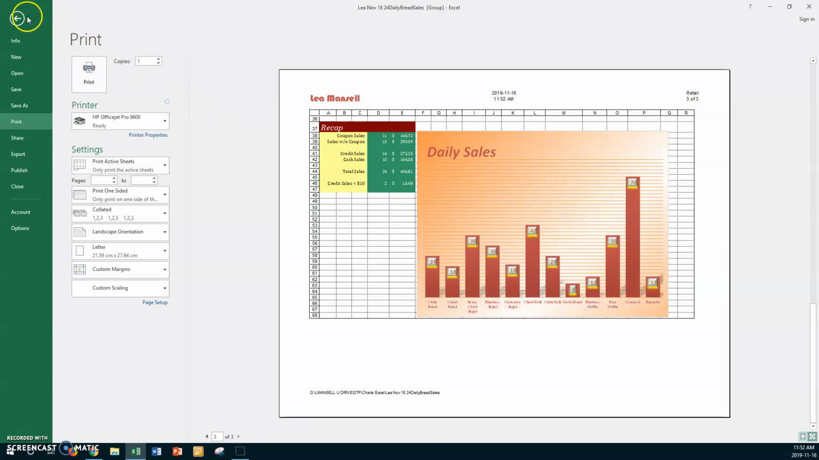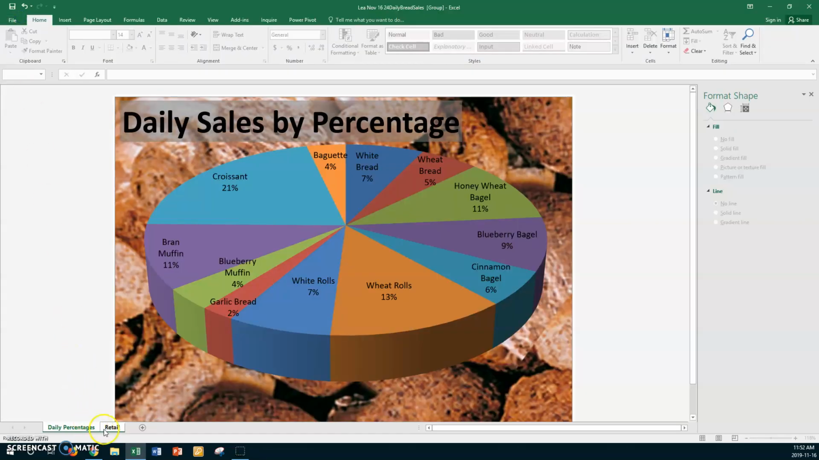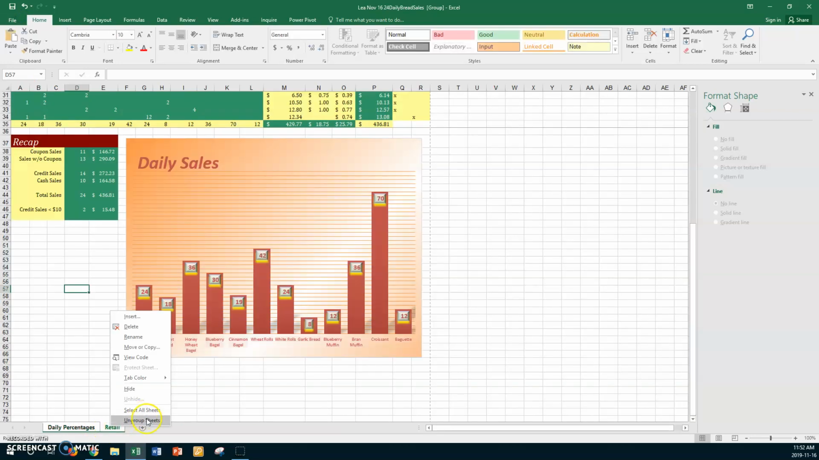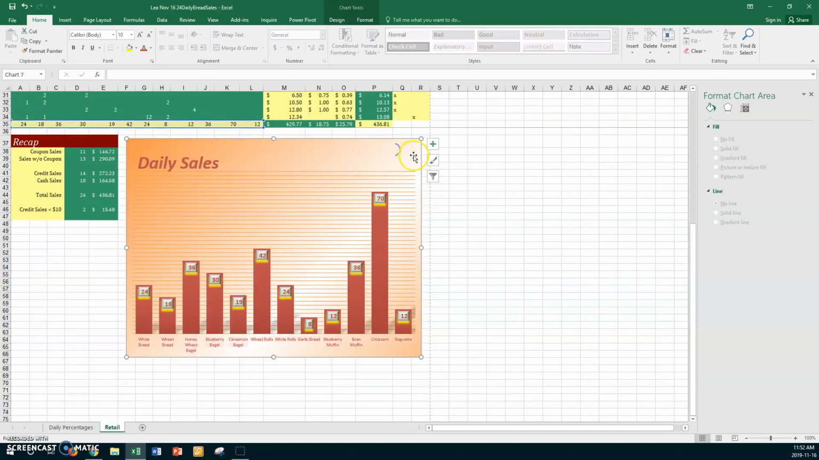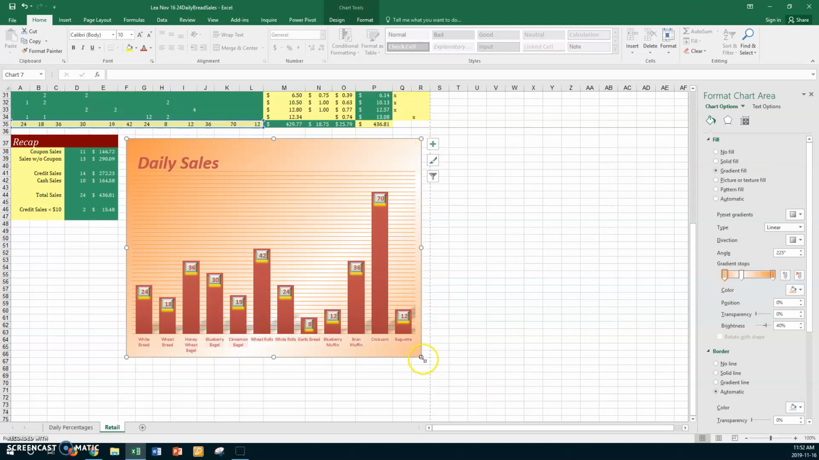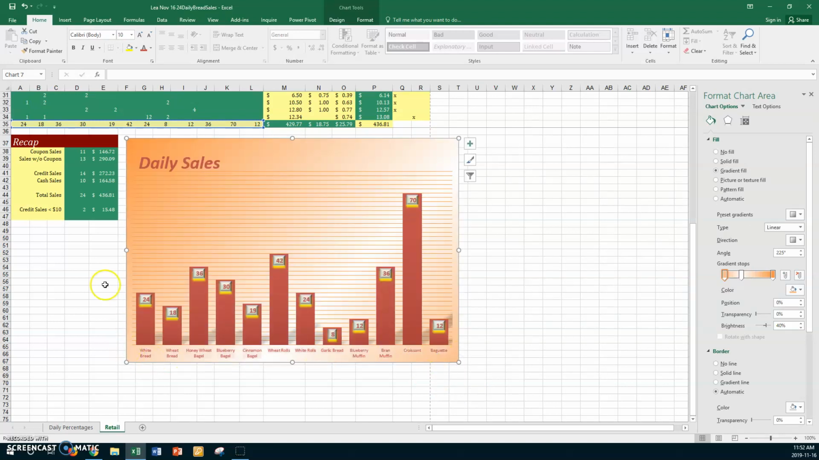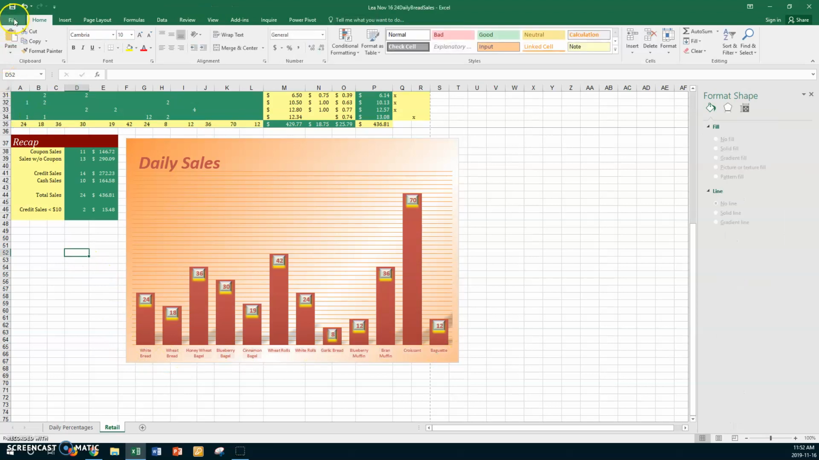You know what? I do want to go back. I want to try this one more time. I'm going to take the grouping off, ungroup the sheets, and I want to go to daily percentages. No, pardon me, retail. And I am going to make this larger, and I want to see what I get when I make it larger. Okay, so let's go here. I want to go to File, Print,